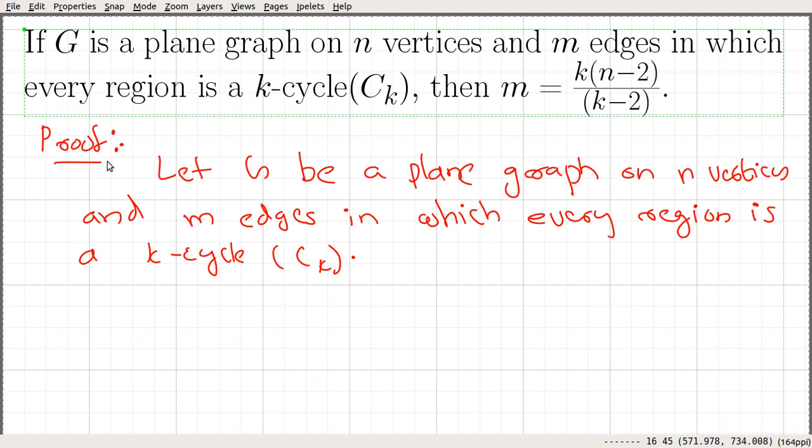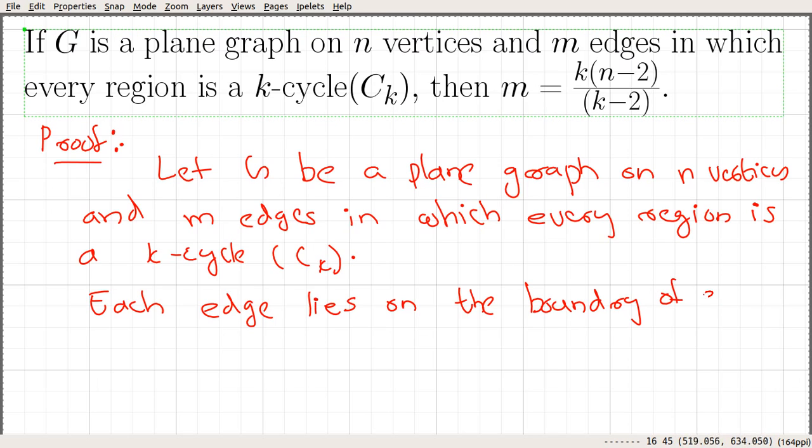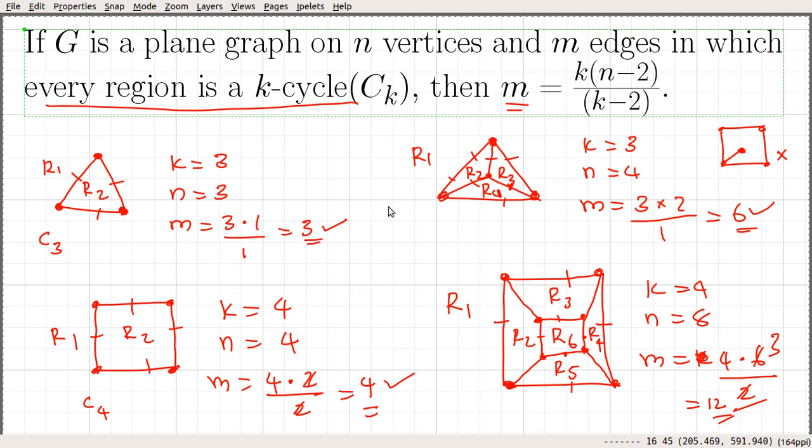Okay, so since every region is a k-cycle kind of thing, each edge lies on the boundary of exactly 2 regions. And that we saw from these examples, right? So anyway, this graph does not satisfy this condition. Okay,